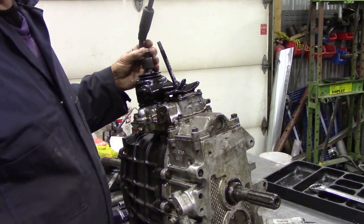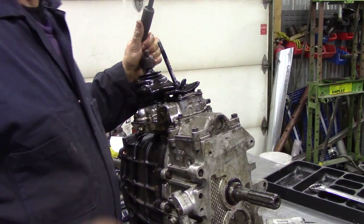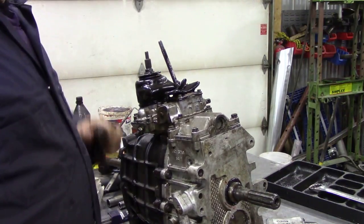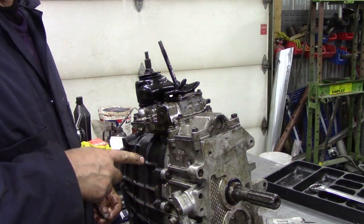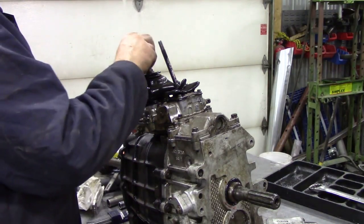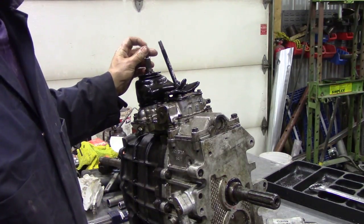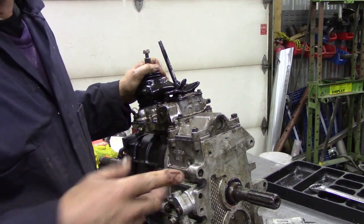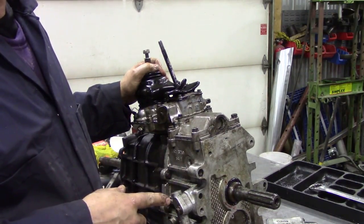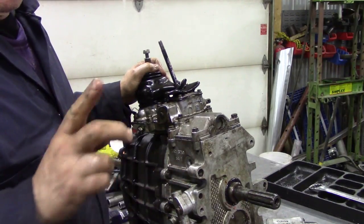Now, questions? You at the back. Can you do it yourself? Of course you can. The reason why you're taking the gearbox apart in the first place is that it's broken. So why not have a go? Because you can't make it any worse. It is complicated, but if you follow the video and sort of get the book out and follow the book as well, the Land Rover book, it will tell you how to do this, but the Land Rover book is so vague,